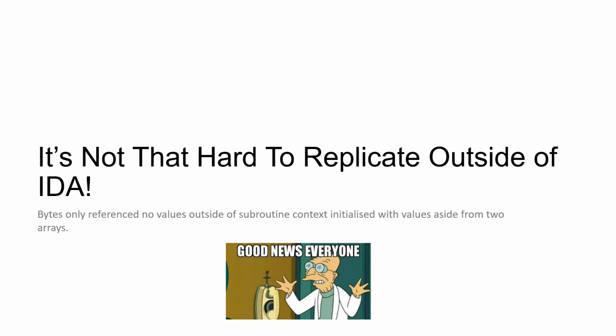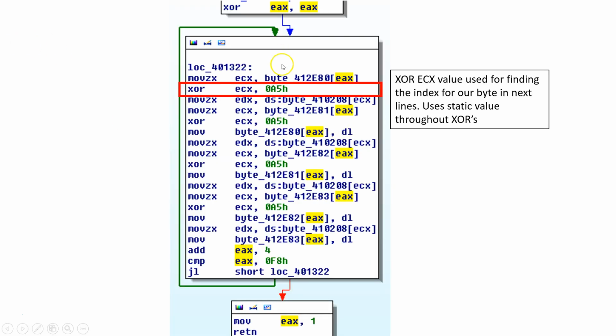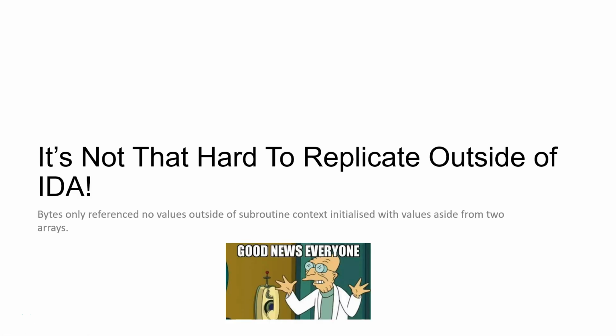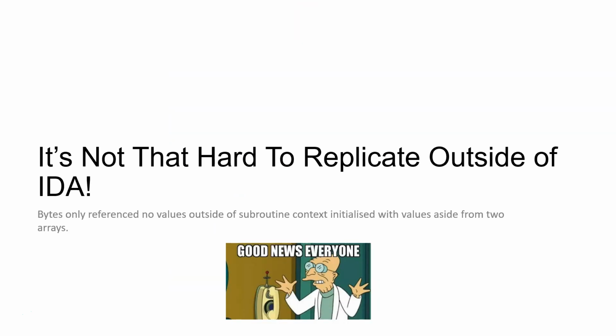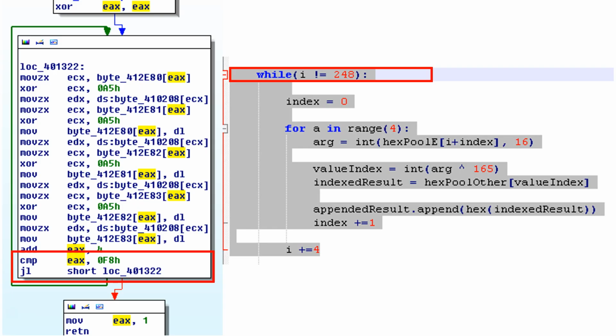It's not that hard to replicate outside of IDA. As we can see here, these are actually static values being set here, all of them. So actually in the data segment, as we can see from DS, there's not actually too much to worry about. There's no memory locations, in regards to the initial ones. So we're pretty happy that we can actually do this outside of IDA and replicate it for C++ or Python. So of course, I went for the easy one and went to Python.